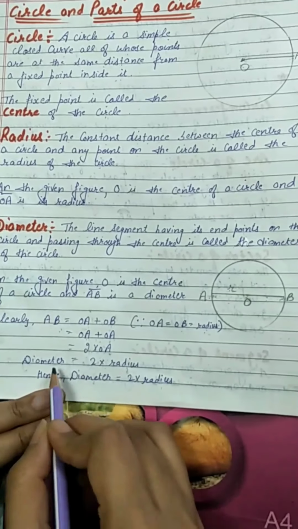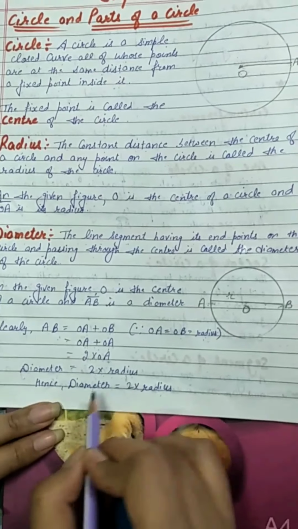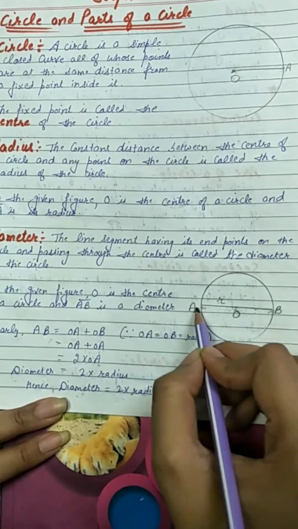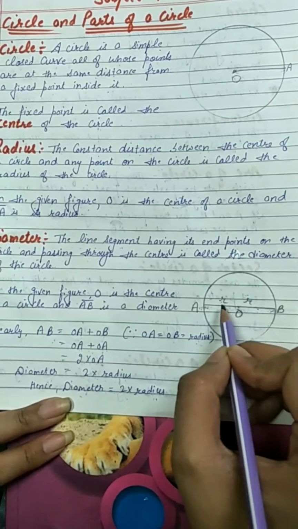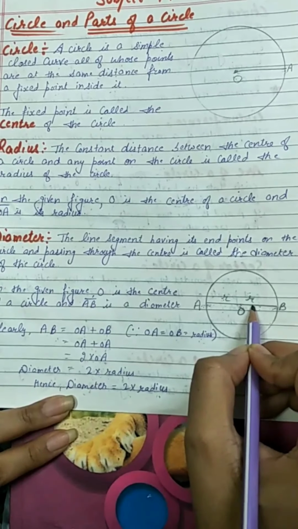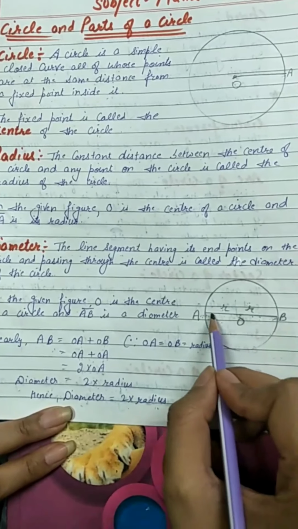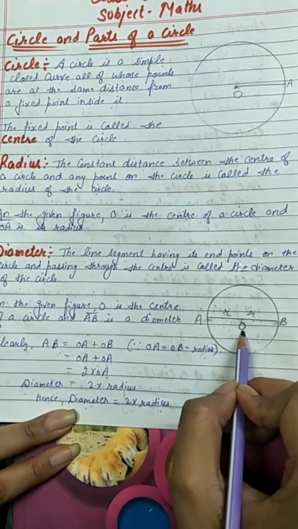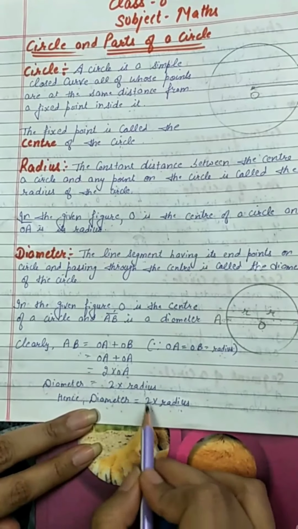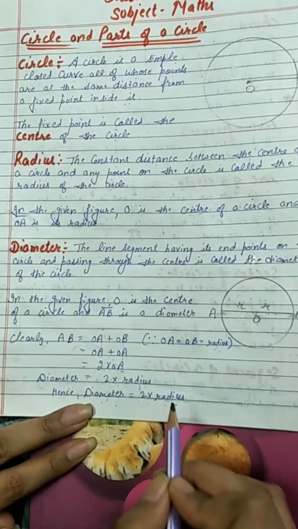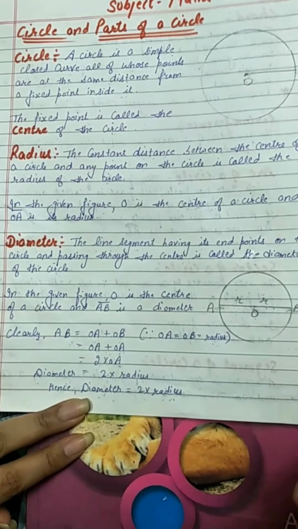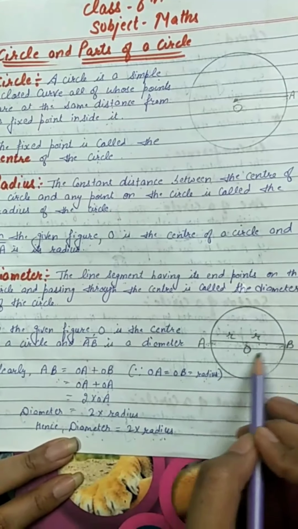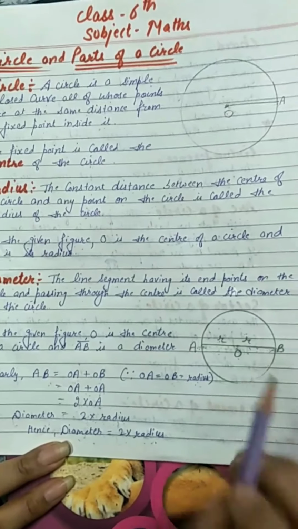So we can write here radius. So diameter is equal to 2 into radius. This is the formula. Diameter is equal to 2 into radius. You know OA is equal to radius, OB is equal to radius. R plus R, 2R. So we can say that the diameter is double the radius. I hope this formula is clear to all. Diameter is equal to 2 times radius, meaning diameter is double the radius. You can see this one radius and this one radius form double the radius. Okay.